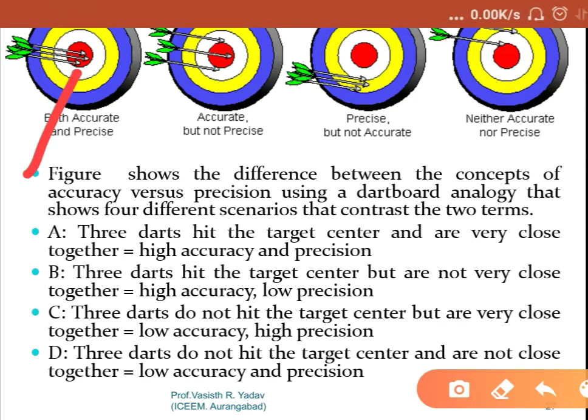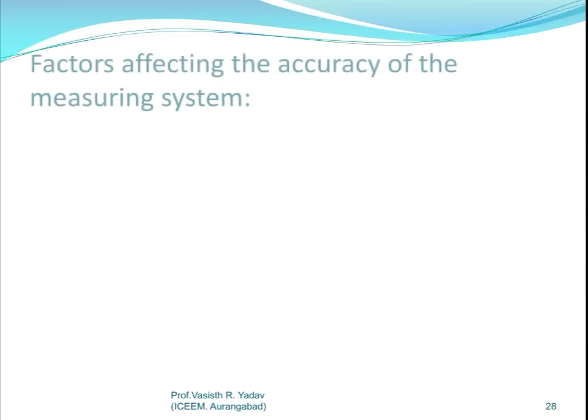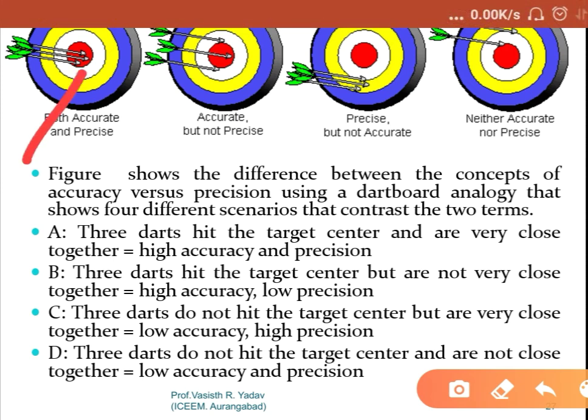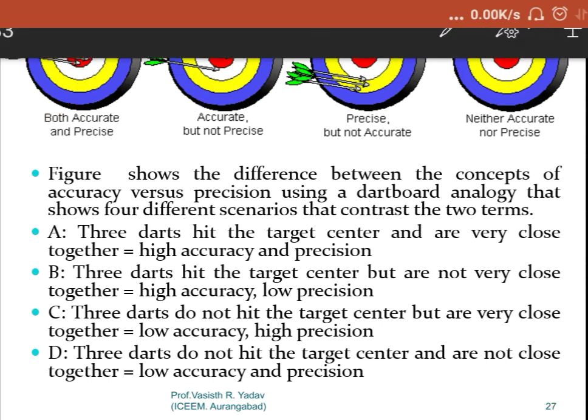Now remember, जो हमारा पहला केस दिख रहा है यहाँ, here all the arrows are marked at a specific point, है ना, और ये जो रेड मार्क है, that red mark was the bullseye where the arrows has to be struck. Now क्या हम कह सकते हैं कि in the first case ये जो तीनों एरो हैं, तीनों एरो एक ही जगह पे लगे हैं, मतलब कि एक्यूरेट हैं, लेकिन तीनों भी एक ही जगह लगे हैं तो वो प्रिसाइज हैं।